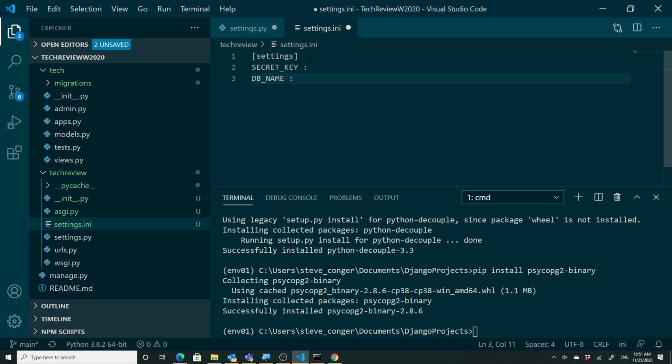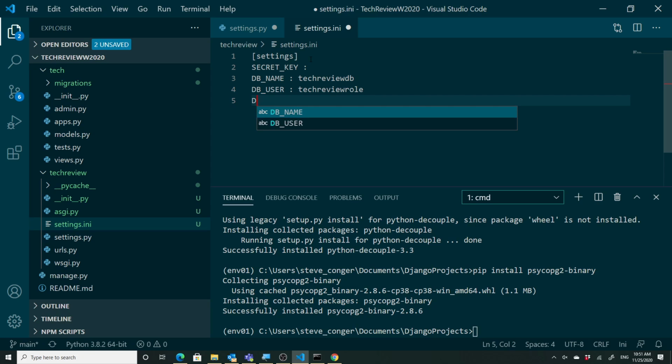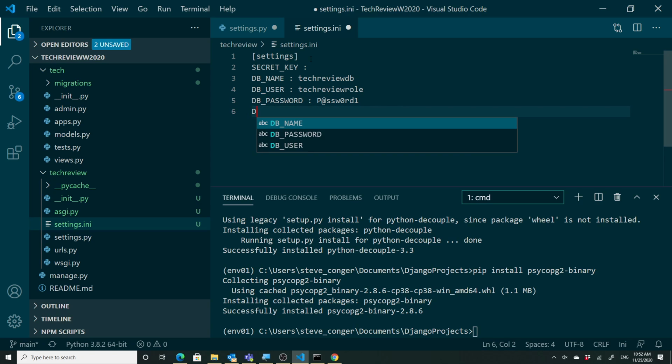That's techreviewDB. DB_USER is techreviewrole. DB_PASSWORD is p@ssw0rd1, and DB_HOST is localhost,